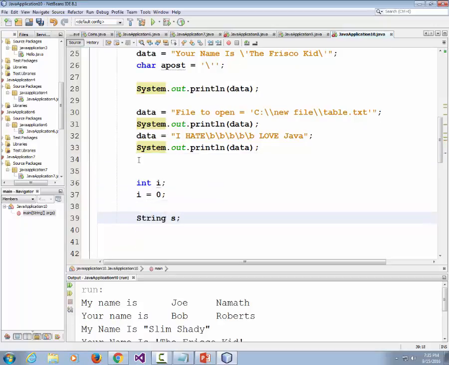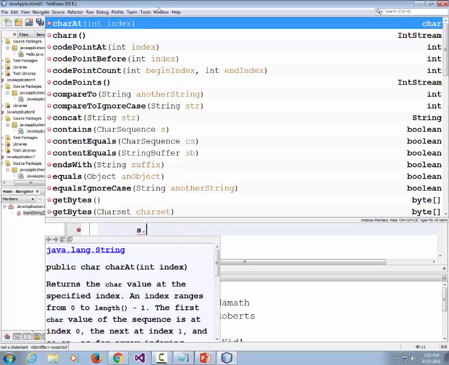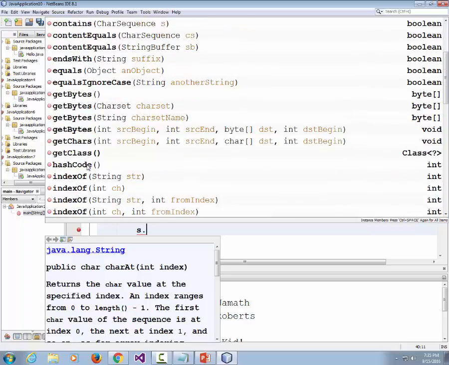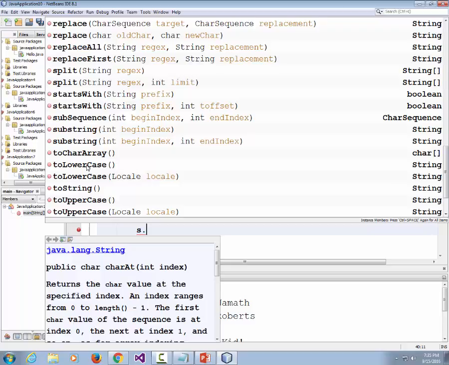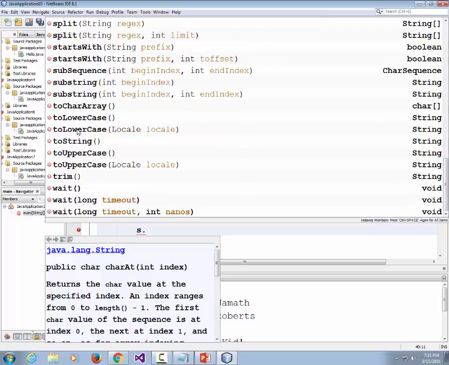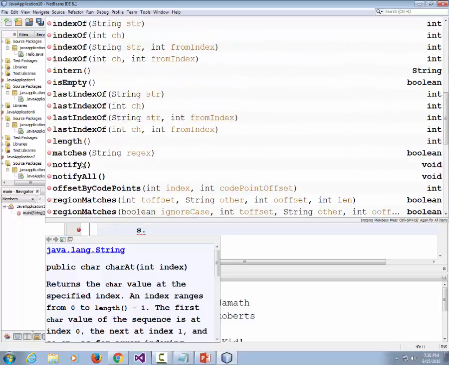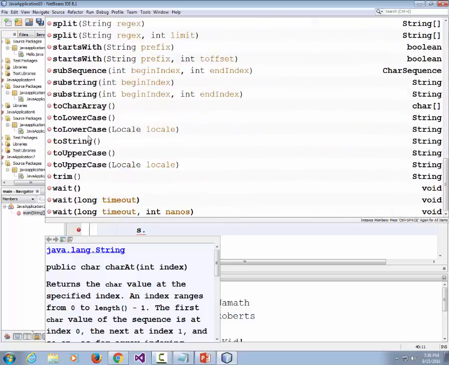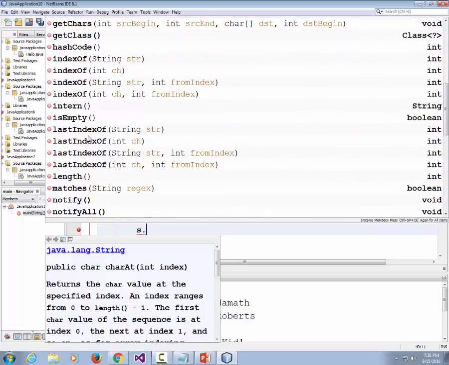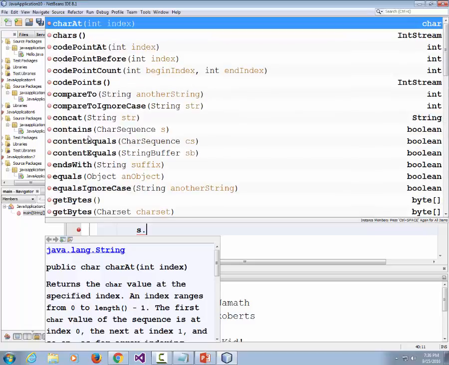String, although we use it so often it seems like a primitive data type, really isn't. And it's got a whole bunch of methods in it. You can find out the length of the string, you can turn it into a series of bytes, you can find parts of it, you can split it, you can extract individual parts of it. I don't even know what weight means. How could you weight on a string? Anyways, so you can see that the string class, although usually we just use it to store a series of characters, is actually very complex. It actually contains a lot of different functionality in it. So it is a reference data type